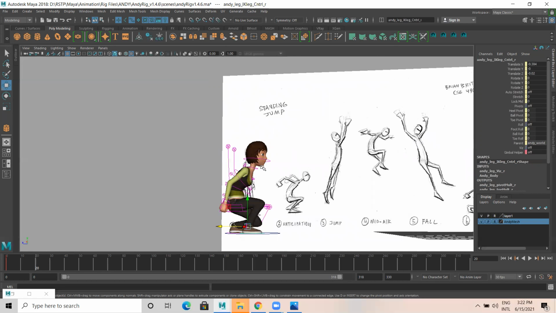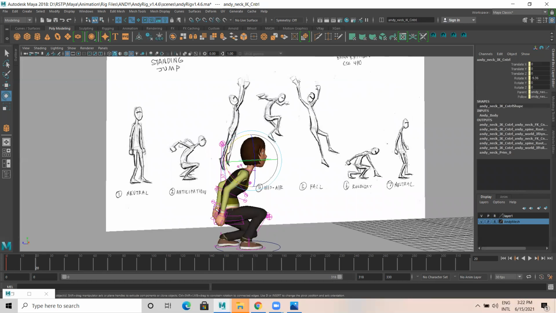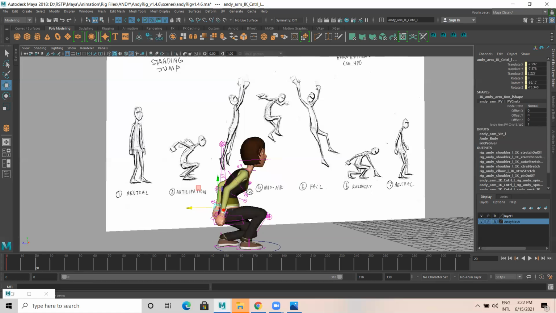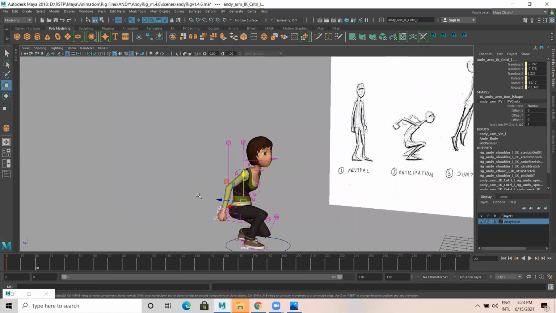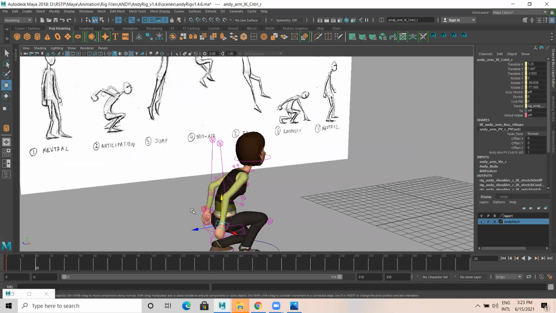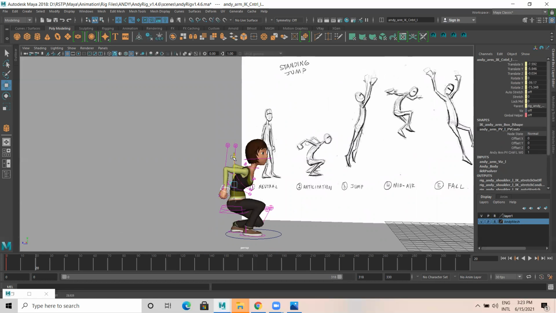I can rotate a bit up here, the head and both hand controllers go up. One is this, another is this, it goes up and a little back, one goes up.